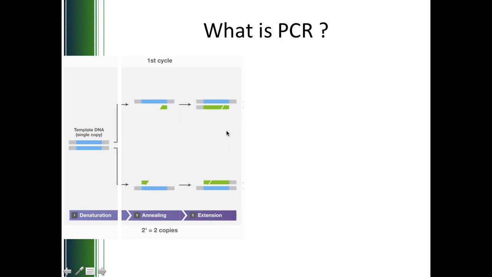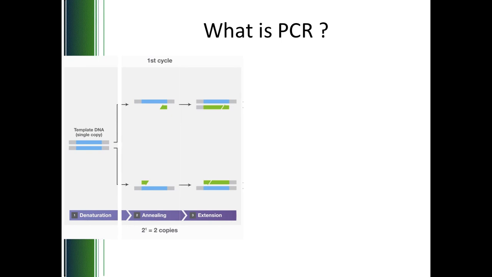So when we started with one molecule of DNA, at the end of this 3-step cycle, we now have 2 molecules of DNA. Remember, these three steps constitute one PCR cycle. Then the temperature will again be increased to 94, then decreased to 55 in order to again allow the binding of primers to the separated DNA. Then it will be increased to 72 again to synthesize the stretch of DNA.